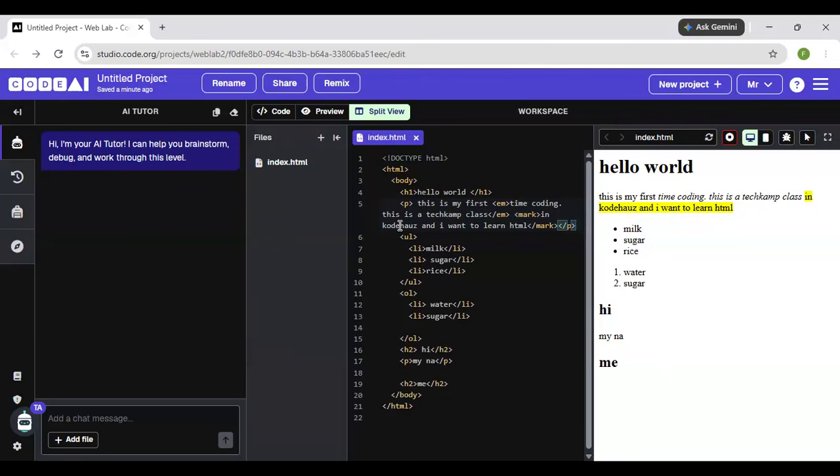Oh, sorry, I mixed up. Your tag is basically all of this, all your H1, your P's, your ULs, your OLs, your H2s, everything like that. While the elements are the whole thing inside the tag, the content, and the closing tag. Do you understand? Yes. Okay.